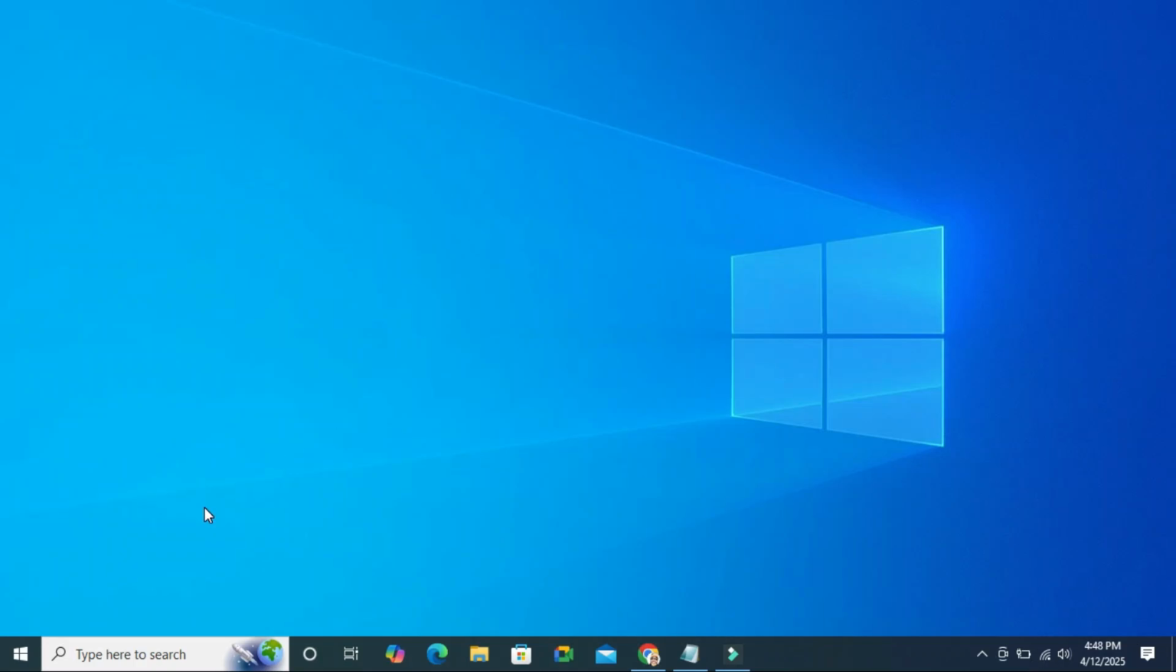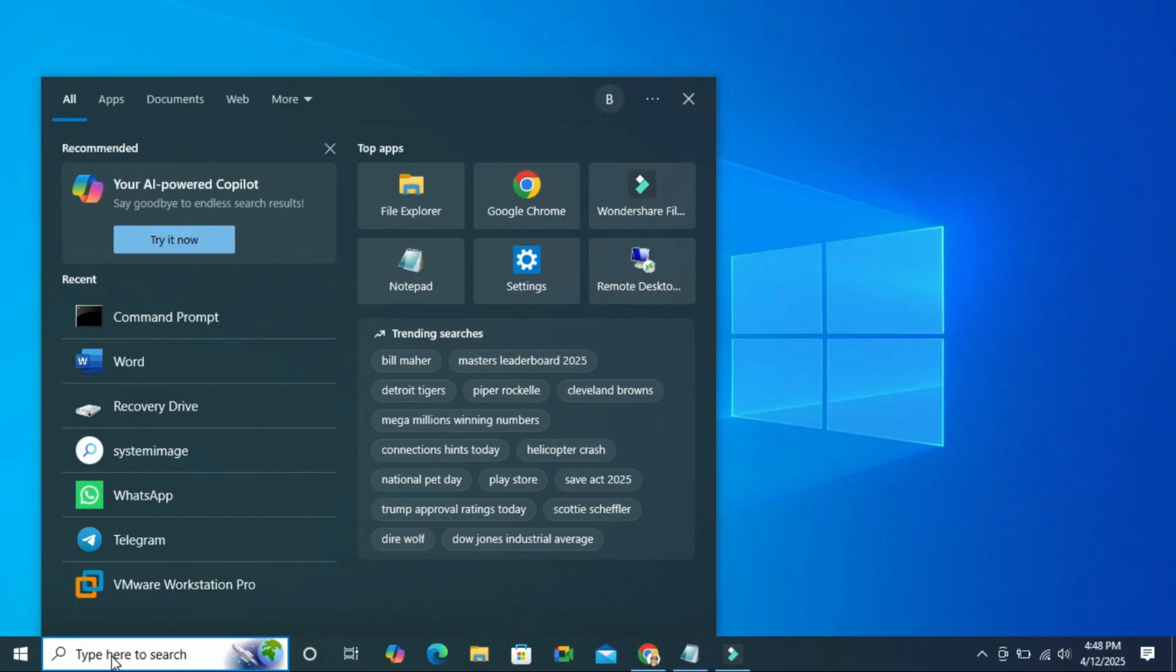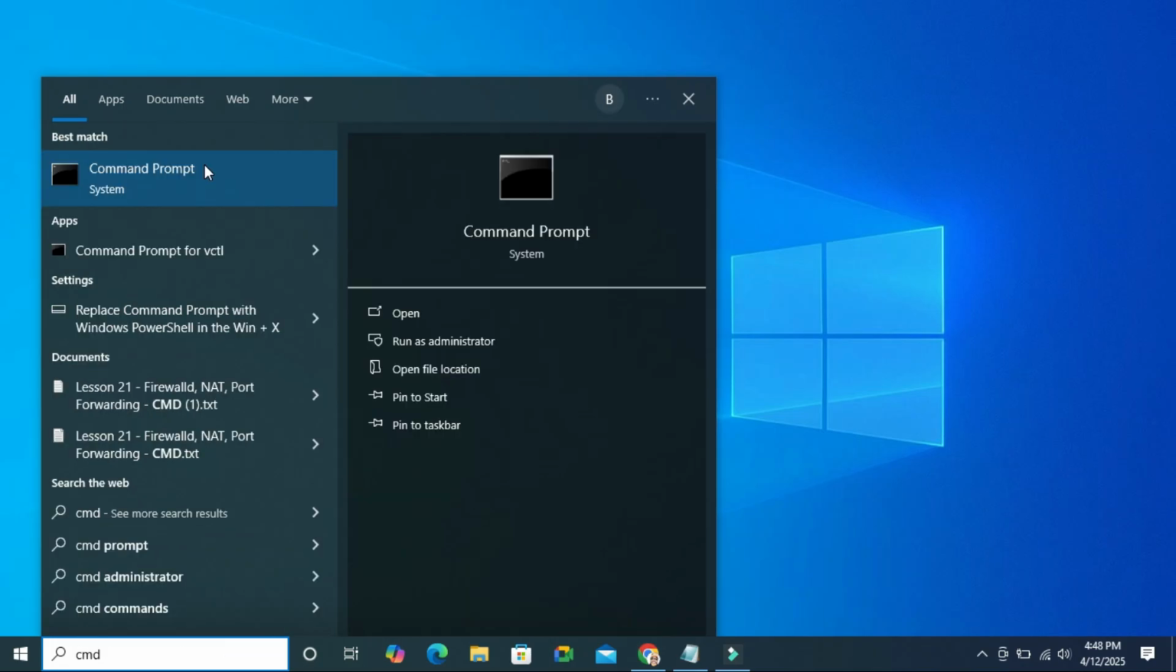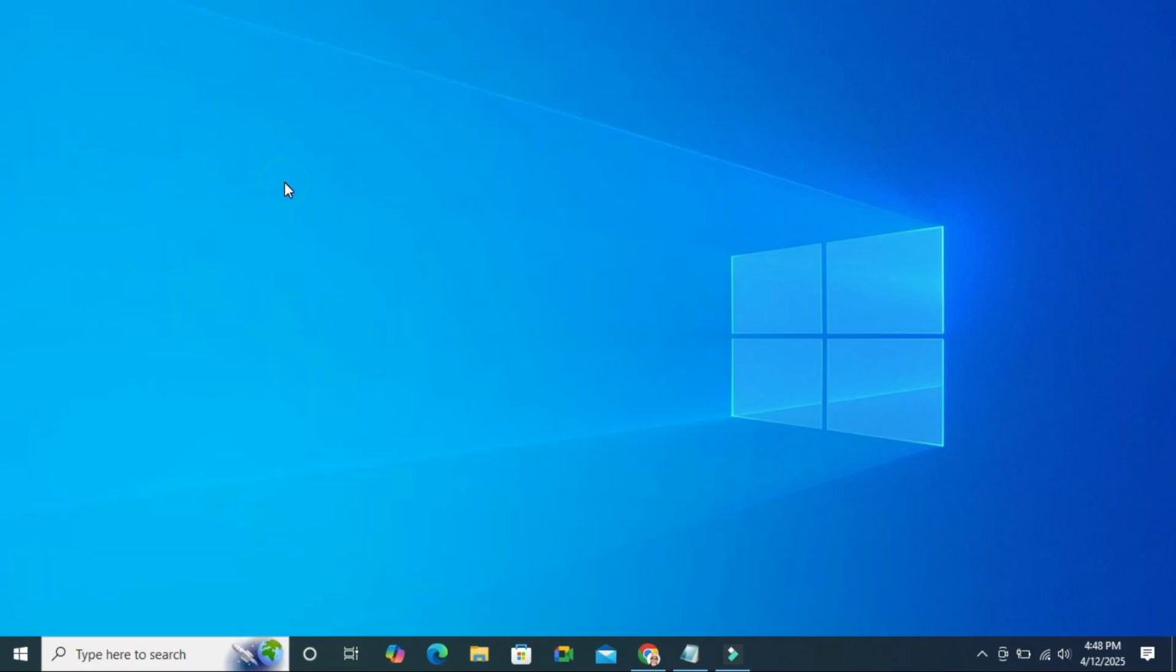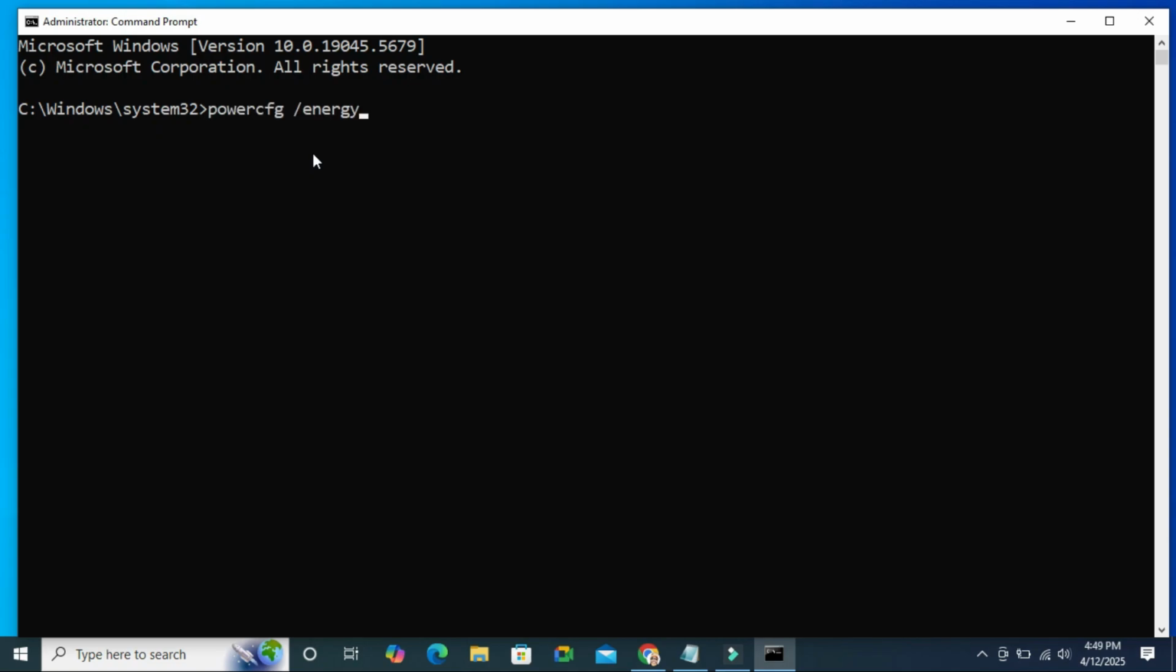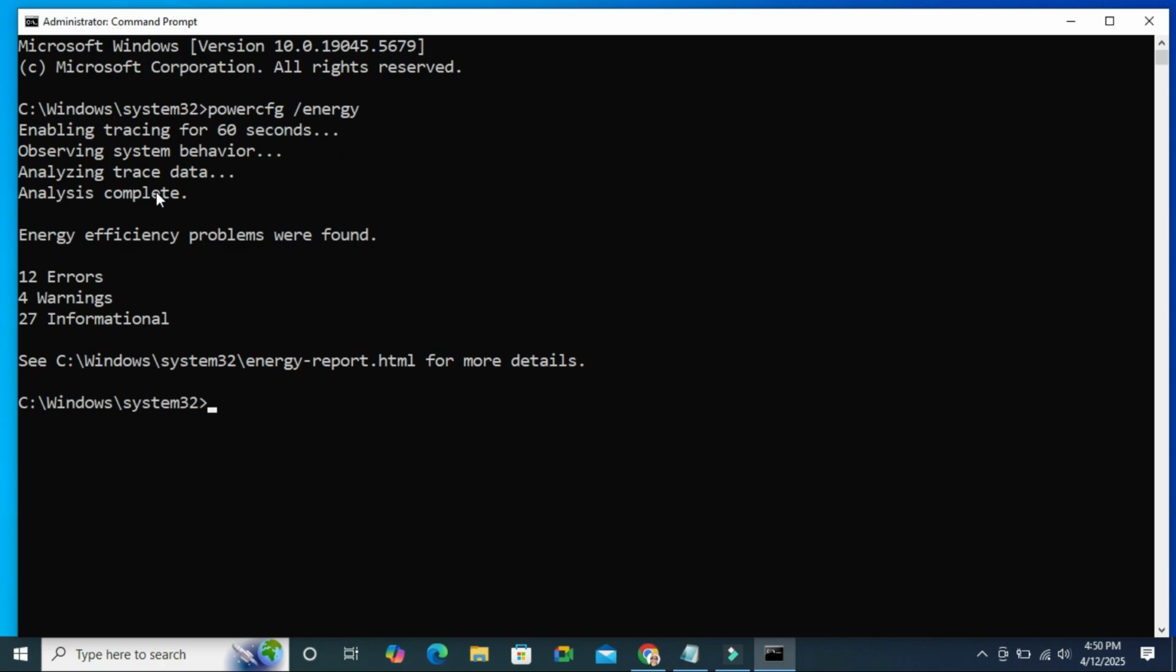To generate an energy efficiency report on a Windows computer, go to search. In search, type CMD. Right-click on Command Prompt. Click on Run as administrator. In Command Prompt, type powercfg /energy. Now hit enter. Enabling tracing for 60 seconds, observing system behavior, analysis complete, and you will find the report